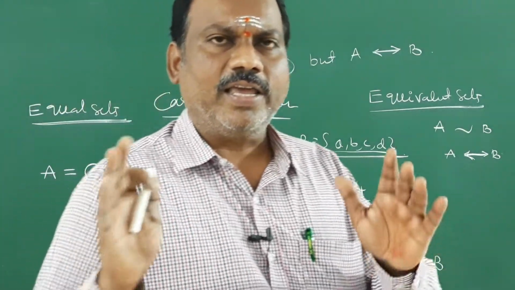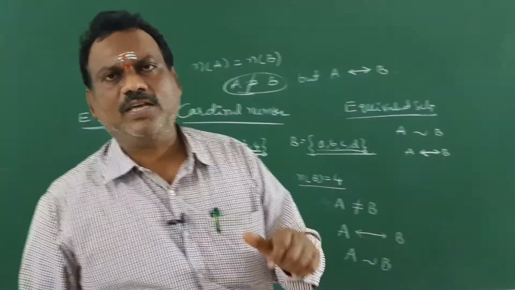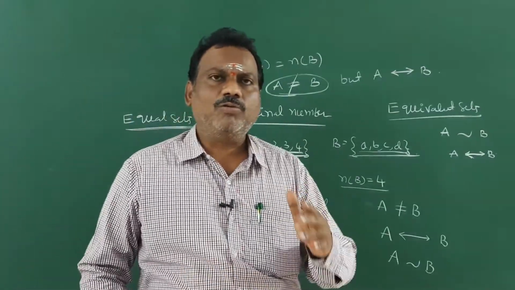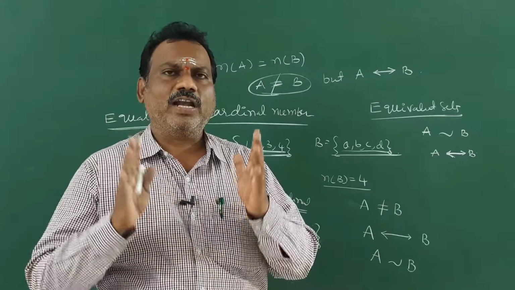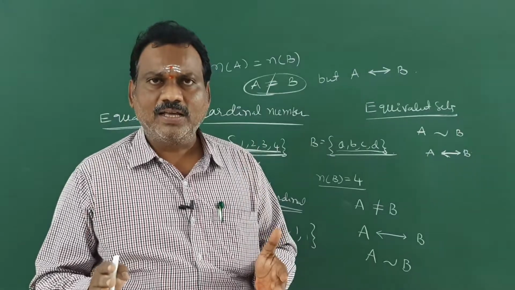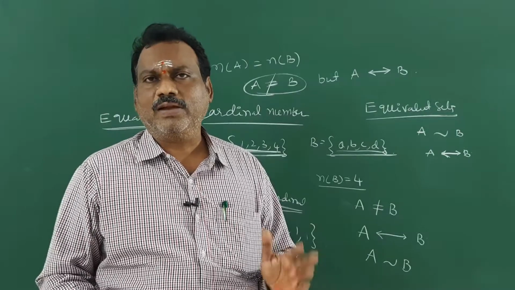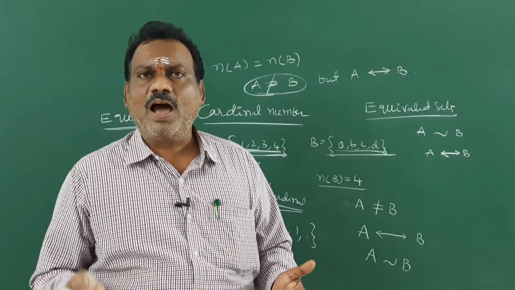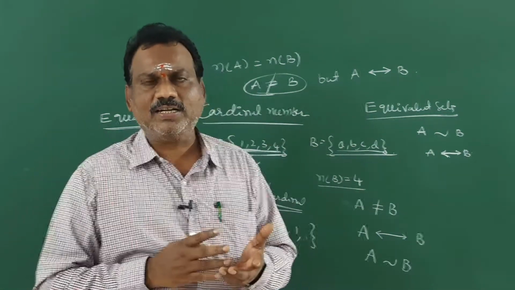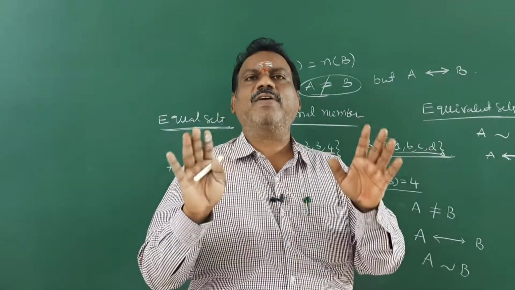So equal sets, equivalent sets, you should remember, students. Don't get confused in that. So that is also one more type of the sets. Based on this information, we have 2 exercises. What is the total information we completed? Set definition, next representation of set, how to represent sets in 2 types, roster form and set builder form. Then what is roster form, what is set builder form. After that, what we told? Types of sets. What are the types of sets? Empty set, singleton set, finite set, infinite set, equal sets, equivalent sets.